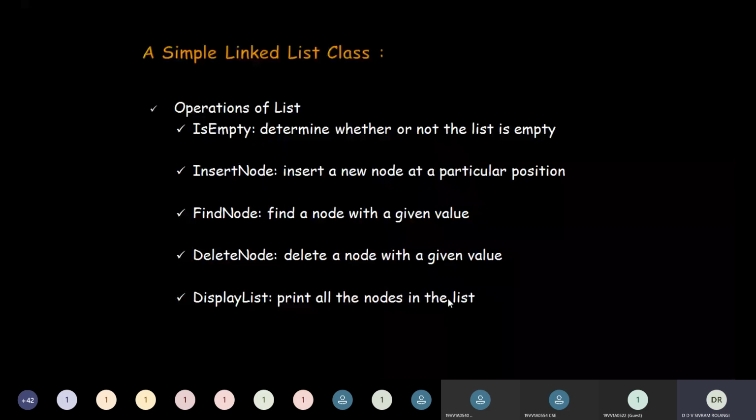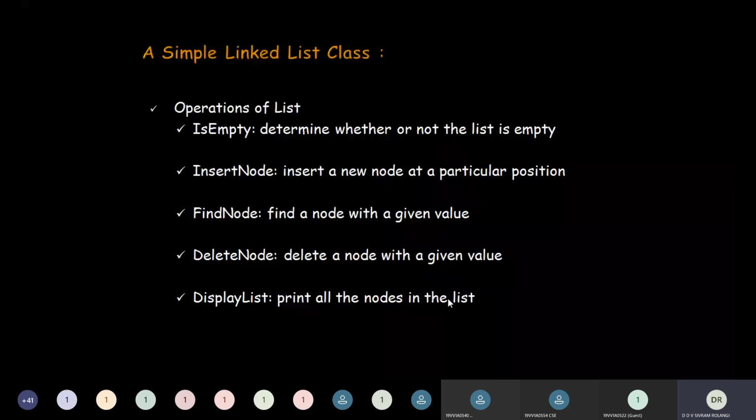If you want to insert at the beginning, you need to know the address of the header node. If you want to insert at the end, you need to know the address of the last node. But if you want to insert at a specific location, you need to know the position. The third case is somewhat complex. You need to traverse up to the location where you want to insert. Then you have to create a new node there and insert. We'll see that once we look into the code, then it will be more clear to you. These are all simple operations, but you need to get some familiarity with the coding, and then it's going to be pretty simple.